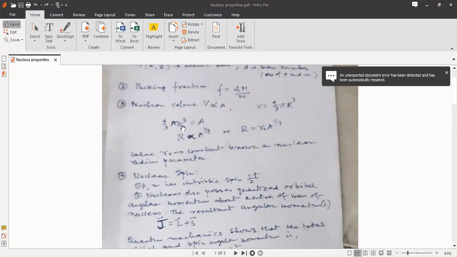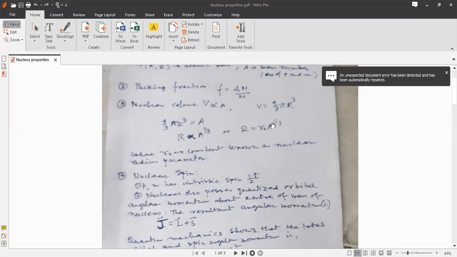So if we put it proportional to A approximately, in that case R will be proportional to A to the power 1/3. So R can be written as R0 A to the power 1/3. Here we have a very simple but important relation between the radius and the mass number of